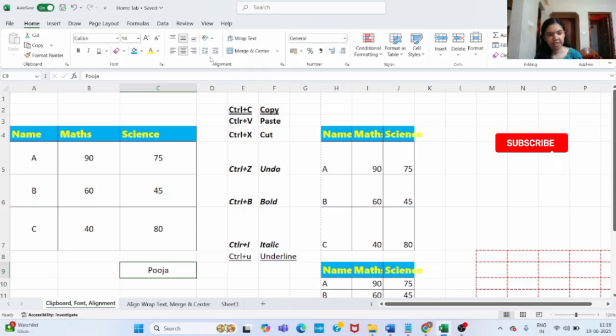So now here we have the decrease indent and increase indent option. So now suppose here I have written my name and I have aligned it to the middle. And now if you want to move this away from the border, that is if you want to increase the indent, if you just keep clicking this, you can see the data is moving towards the right. And if we click this side, decrease indent, the data will move this side. So you can manually use this to format your data.